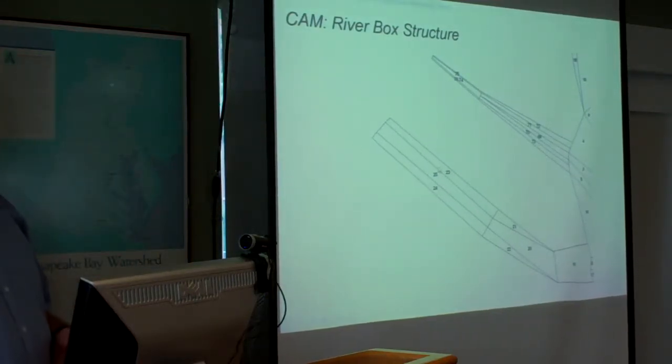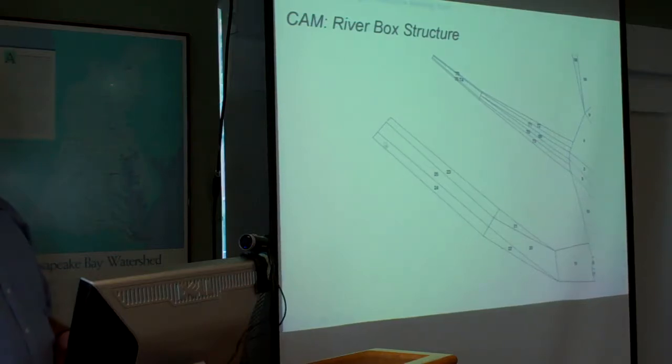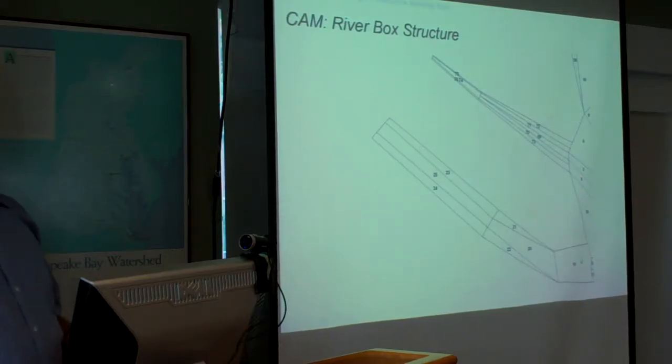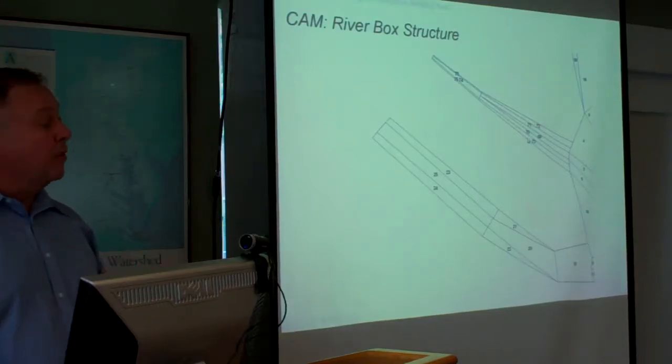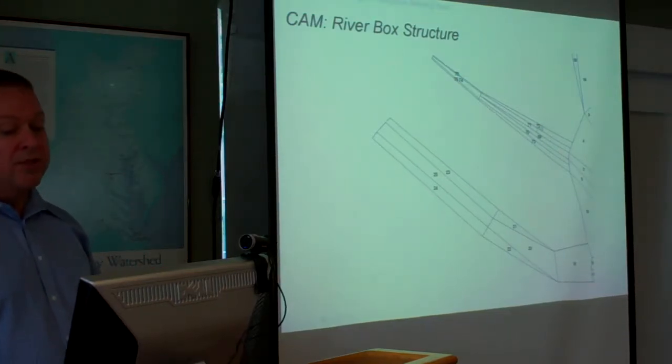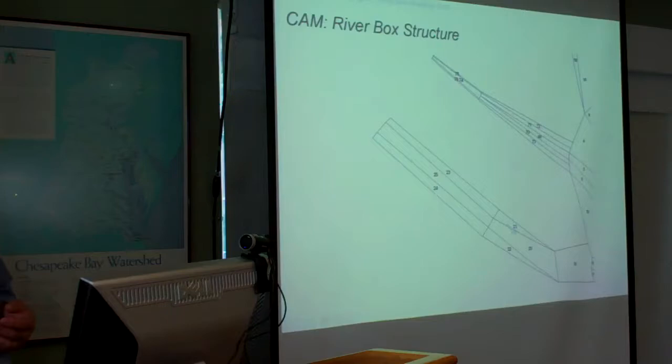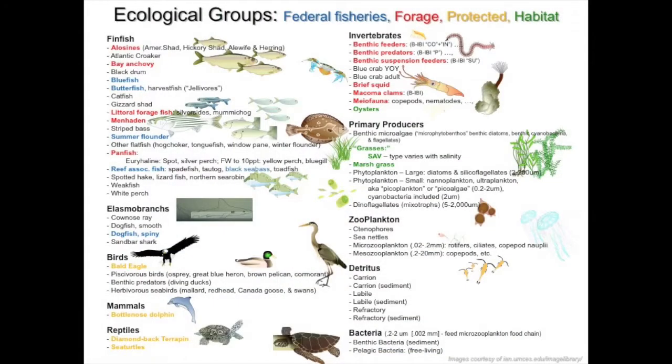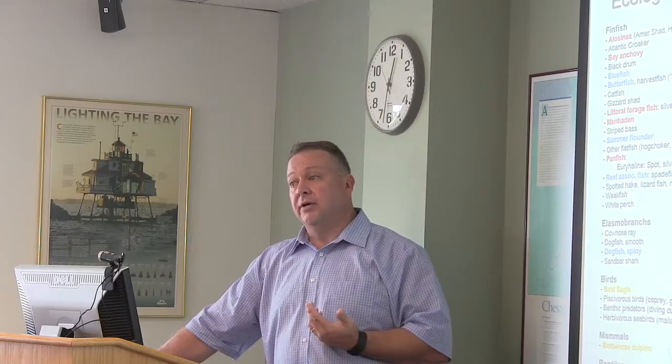All tribs have this deeper layer through the tribs, and then these shallow layers on the edge. With the York, there's enough vertical distinction that we actually have more resolution here. This is a 0 to 2 meter box, 2 to 10, and then the deeper channel. Whereas the James, this is a 0 to 20 meter box.